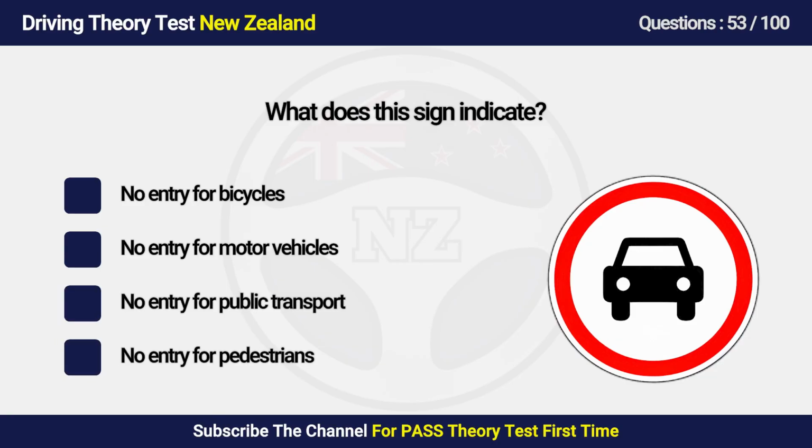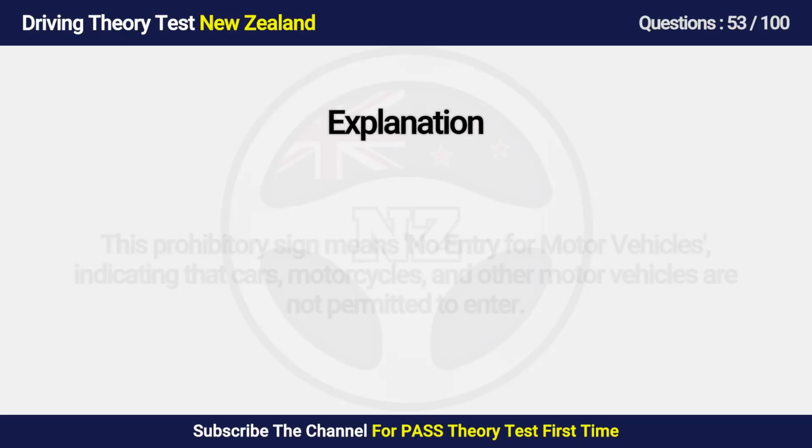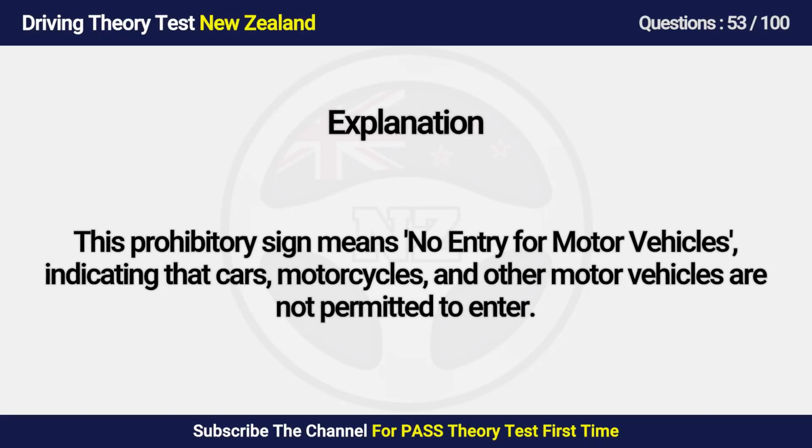What does this sign indicate? A. No entry for bicycles. B. No entry for motor vehicles. C. No entry for public transport. D. No entry for pedestrians. Answers is B. No entry for motor vehicles. This prohibitory sign means no entry for motor vehicles, indicating that cars, motorcycles, and other motor vehicles are not permitted